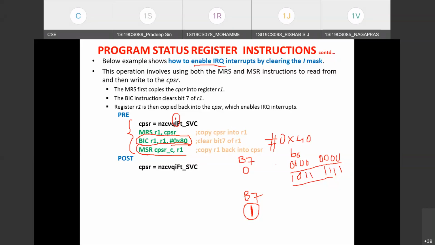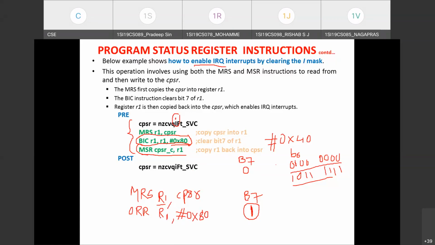So now tell me what operation I have to perform to disable IRQ interrupt. This instruction remains the same. First, I'll fetch the CPSR content through the instruction MRS R1, CPSR. This is done, we fetch the status. Now we'll perform the OR operation, OR R1, comma. With what value do I need to perform the OR operation? OR R1 with hash 0x, it is the same data, right? 80H. Yes, ma'am.